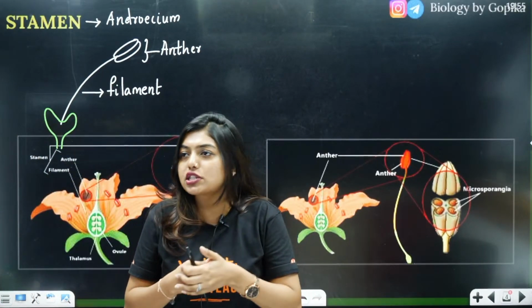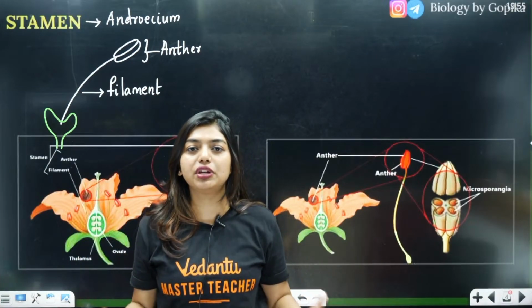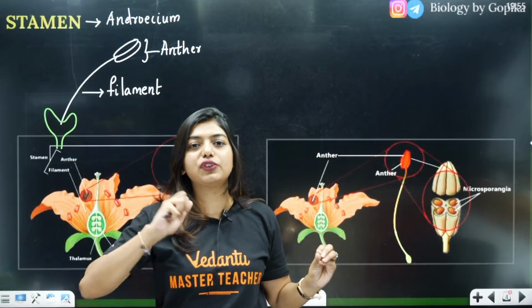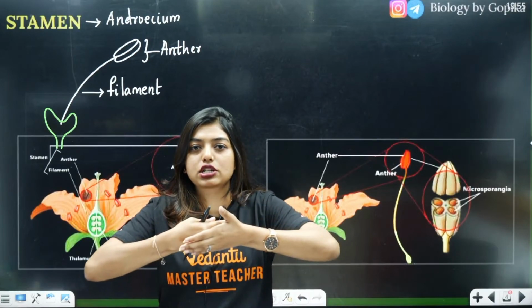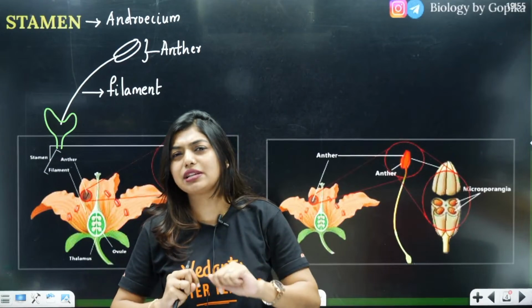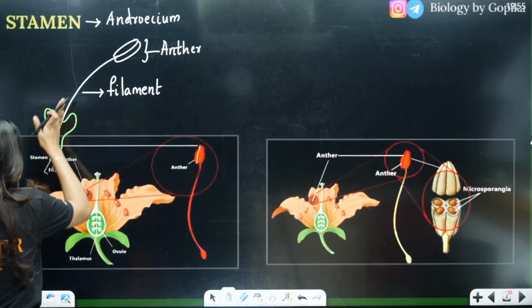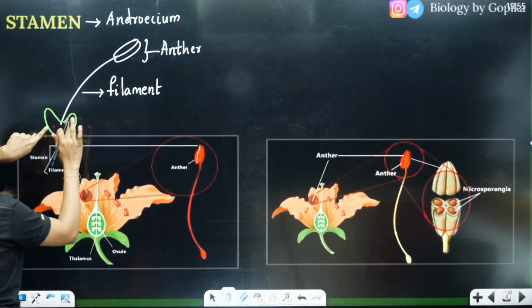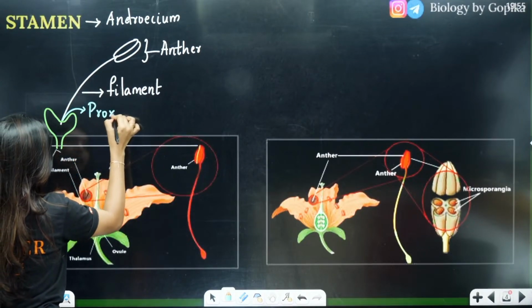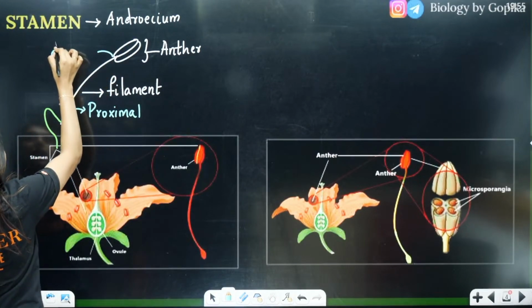Proximity. There is close proximity between a NEET aspirant and a KCET aspirant, because both of them are preparing for a competitive exam, right? One is for an engineering seat or a B Pharma seat, one is for a medical MBBS seat. So, close proximity means what? Both of you have something very similar, that both of you are attempting for the competitive exam. Distal end means what? Your distant cousin, we tell, no? That means the person who is far from us. So, filament is at the proximal end of the thalamus and your anther is at the distal end of the thalamus.